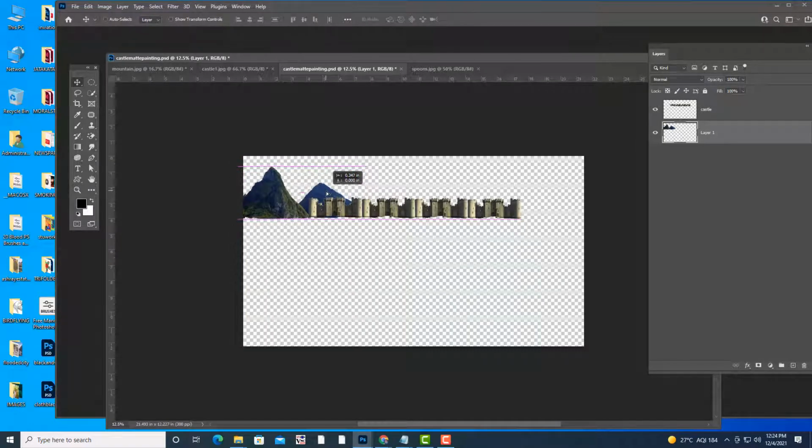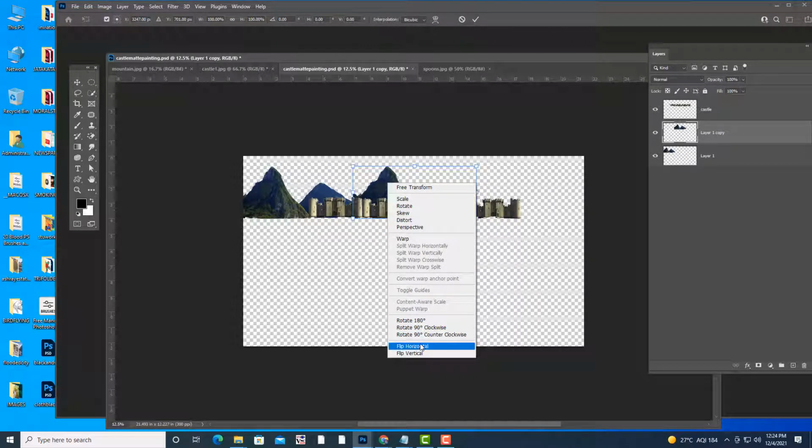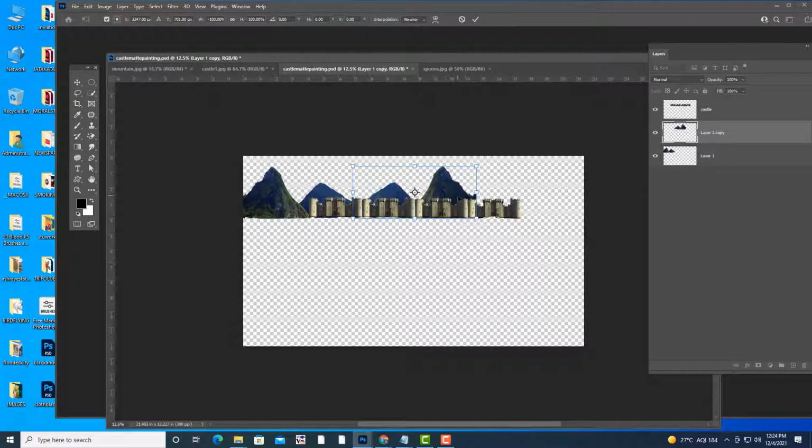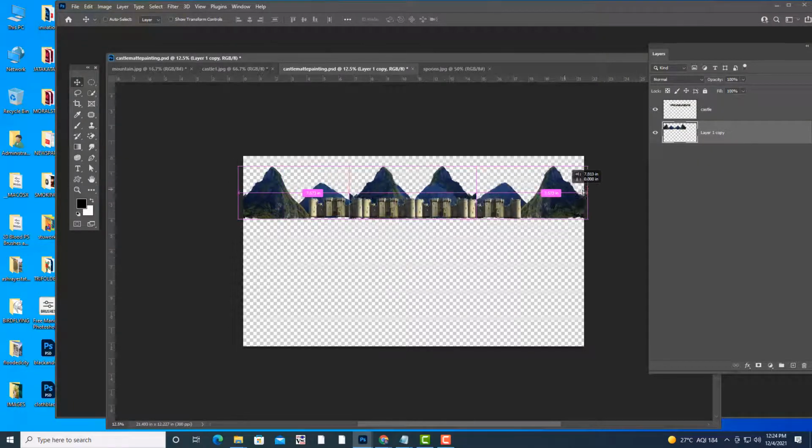Okay, so I'm also going to take a duplicate of this, and we will flip this. Okay, right. So we will merge these two layers, and we'll take one more.